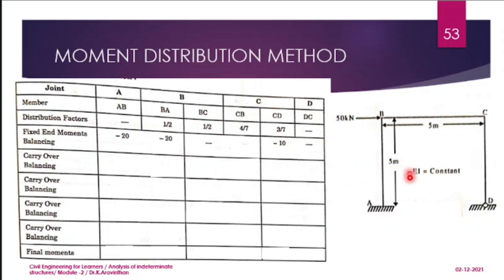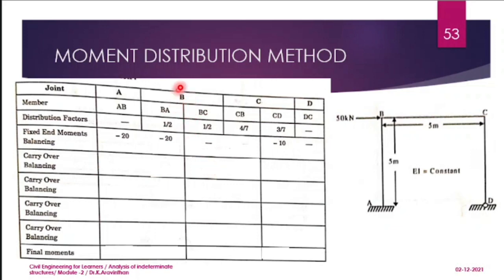minus 10. Why is there no moment at D to C? Because the joint D is hinged. If you have a hinged end, you will not experience the moment. Hence the fixed end moment you have written here. You have to understand again that even though it is called fixed end moment, this fixed end moment is created due to the sway force. So due to sway there will be deflection. So we have assumed a value of 10 kilonewton meter for C to D for this column, and twice of the moment we have assumed here, and we have started this process.